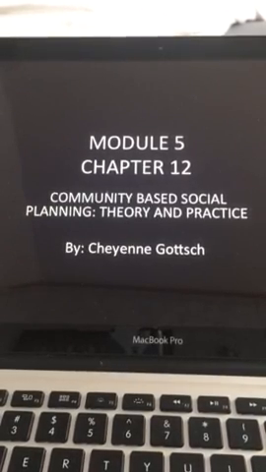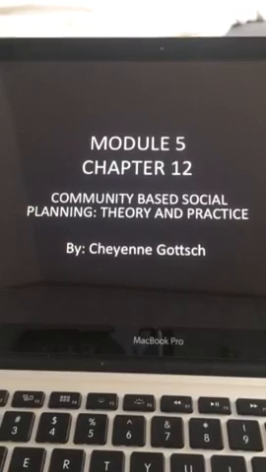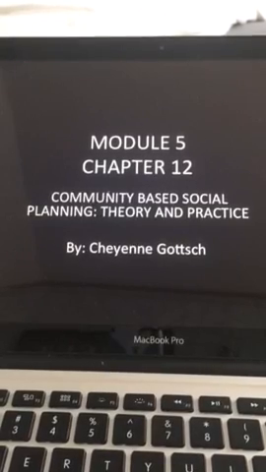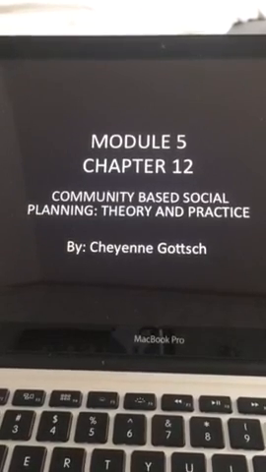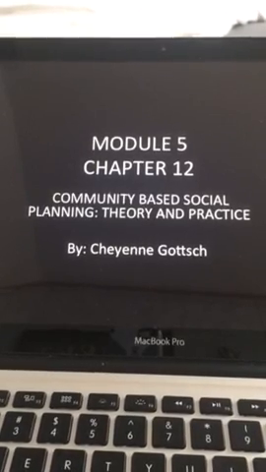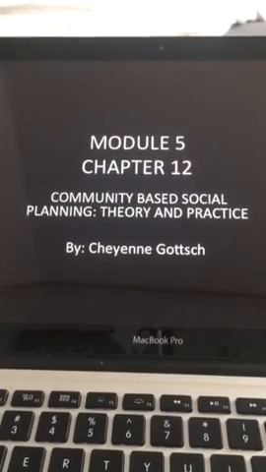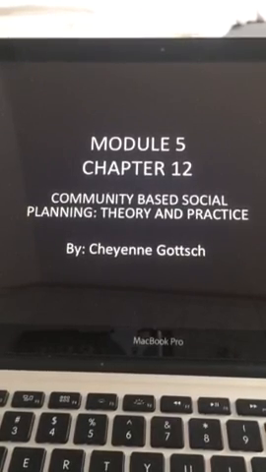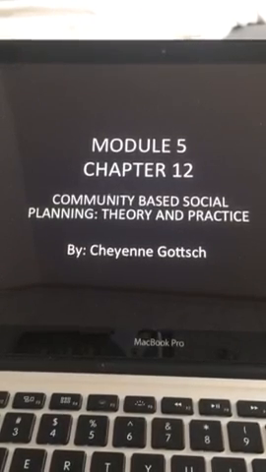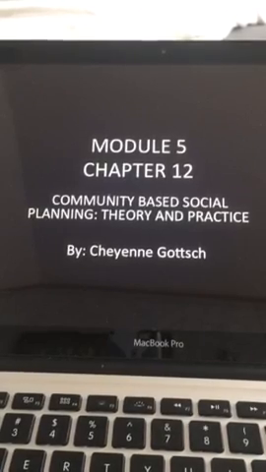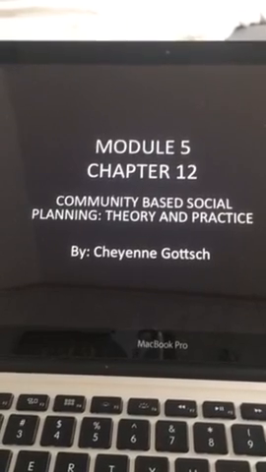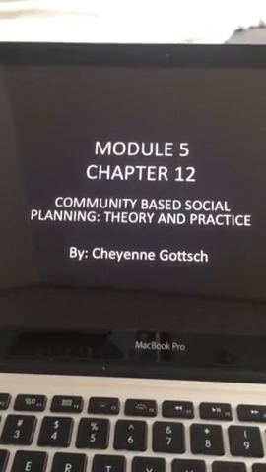And Chapter 12 gave us a really good, almost like a chart. It's a good rundown on how it starts and how the whole process develops. So I'll give you a little bit of a lowdown on it, not go too far in depth. First, you have to develop a plan with a vision or purpose statement and goals for change and desired outcomes so everyone's on the same page and knows what's going on. You have to create work groups for priority projects, and like I mentioned before, you have to prioritize certain things. So say first you need to work on getting water to these people. You've got to start with the basics, and then you can work your way up from there.